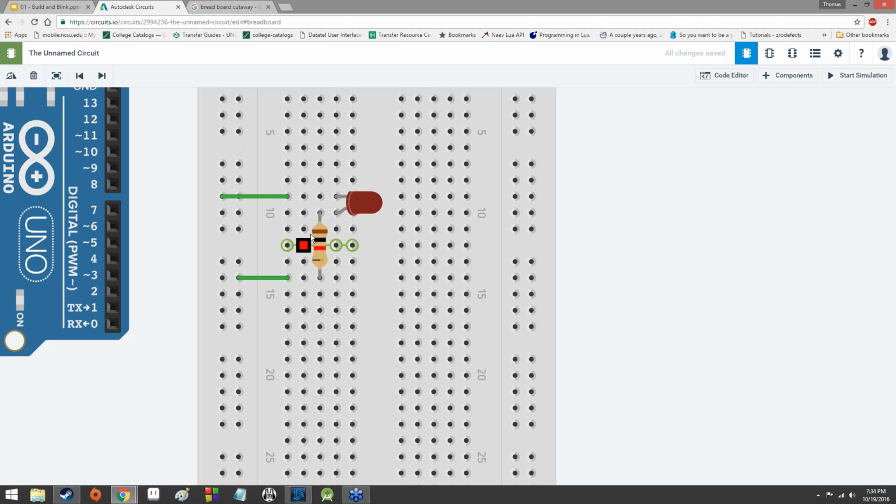So in this case, the colors correspond to certain numbers. Brown is 1, black is 0, and red is, I believe, 2. Yes, it's 2. And the way you read it is first significant digit, second significant digit, and then multiply it by some power of 10. Seriously, that is how you read it. So in this case,